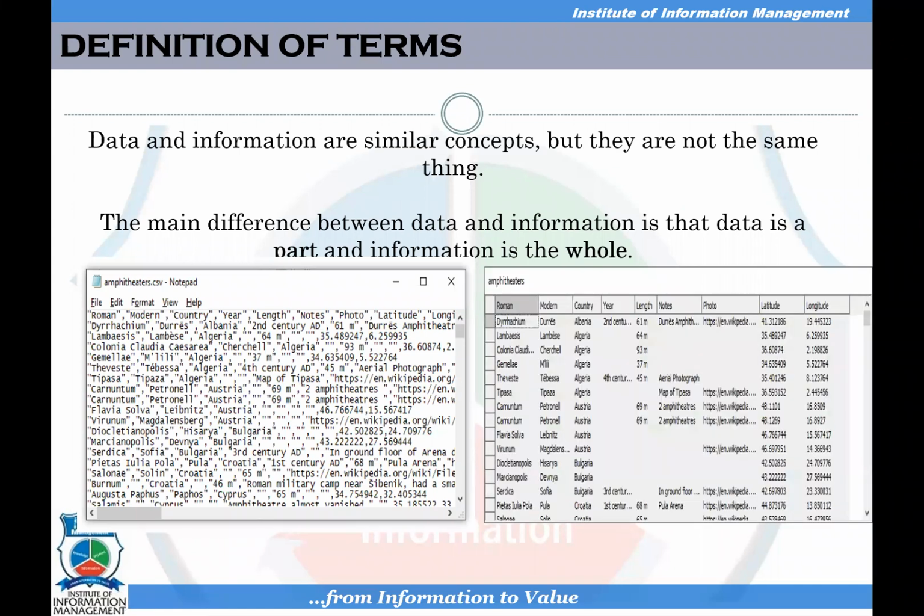But if you structure it properly, on the left-hand side a table was created, and the table has headers. Therefore, based on the table definitions, you know that the Roman name is Diamond, the modern name is this, the county is here, the year is here. So the data is just there as growing seeds. And then when you cook them together to make good food, you understand the information behind it.